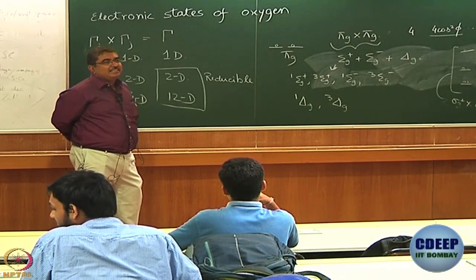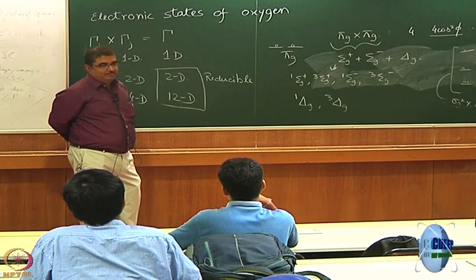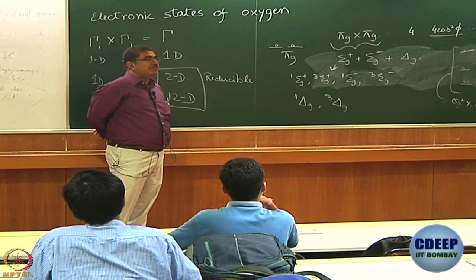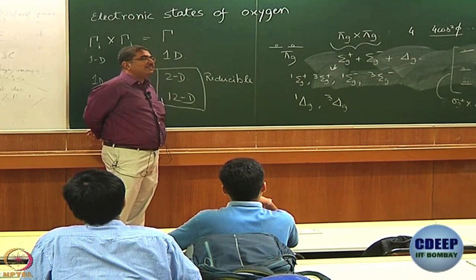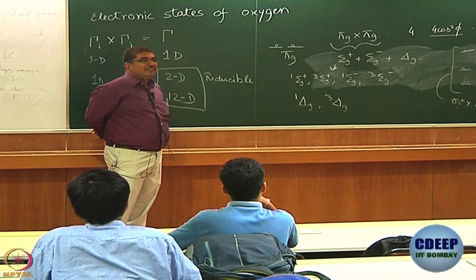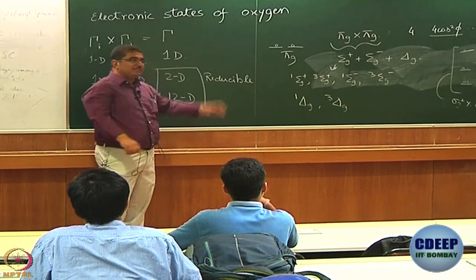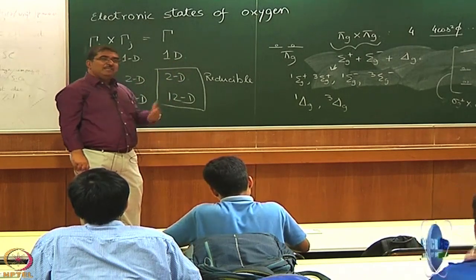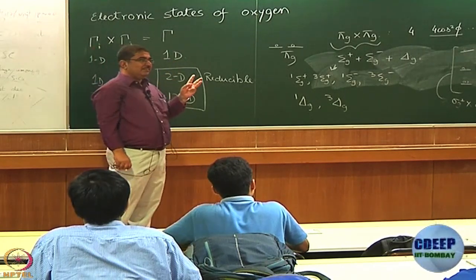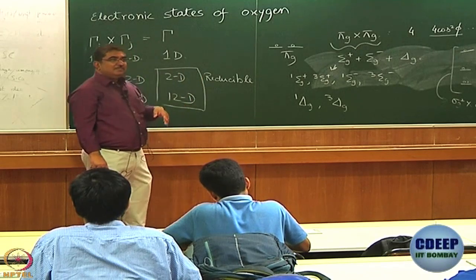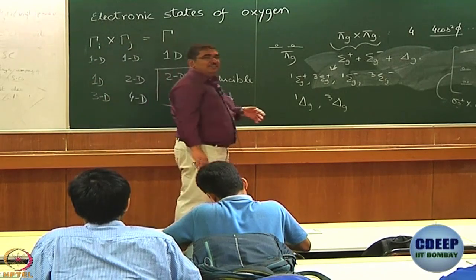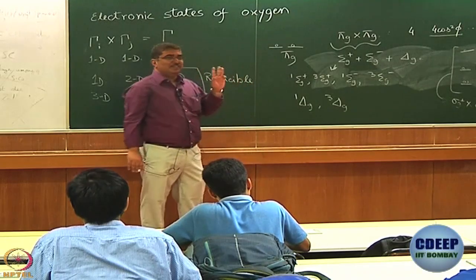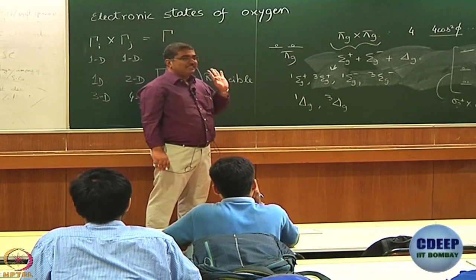Achha, each singlet state is how many states? 1. Each triplet state is how many states? Then why do I call it triplet? I would have called it doublet. Triplet state is 3 states, isn't it? Remember, that is why we are repeating that so many times. Alpha alpha, beta beta, alpha beta plus beta alpha, 3 states. Alright. We are just obsessed by the book written by the ex-IIT and that is why we stop at 2 states. Not necessary, we can have 3 states. Triplet, right? Triplet is 3 states.